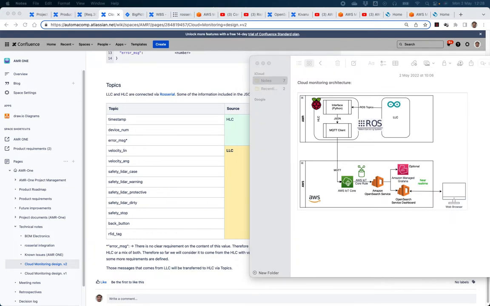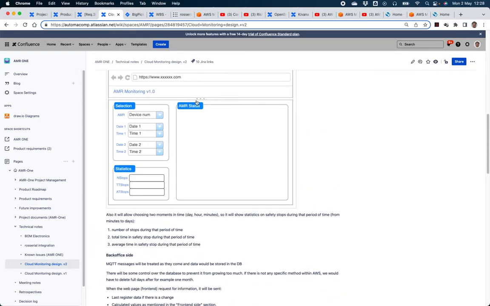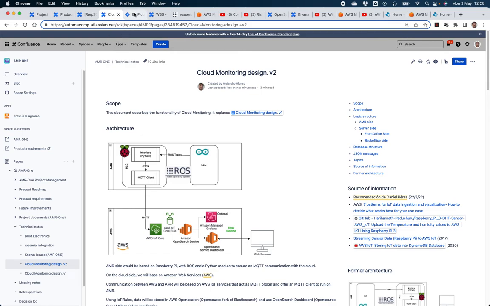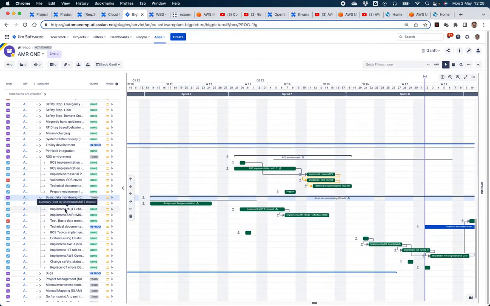So we could then do a correct planning of the solution. Next, as I explain what we are going to do, I'll show how things are planned. For that I use Big Picture, an application over Jira. I use Jira software for that, and basically this is quite simple. This basic data monitoring doesn't have so many tasks. I just created the different tasks and organized how I'm going to do them,